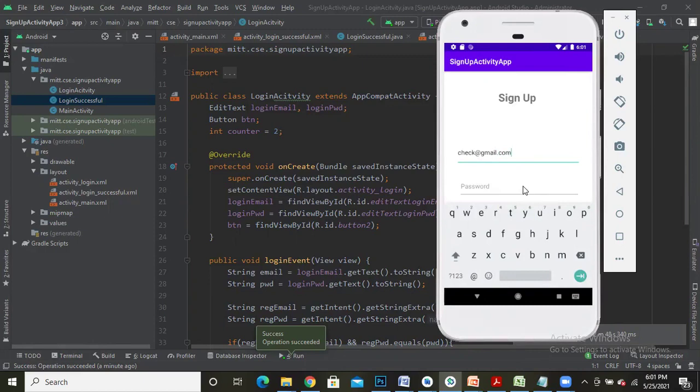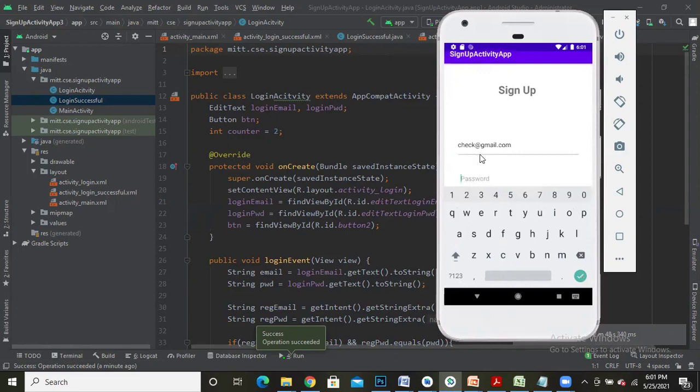Why? Because we have not validated the email. We have only validated the password. So instead of writing a valid email ID, you can also write a username. The username is also going to be read in place of an email, not a problem. Our idea is to validate the password, not your email, in this problem. If you want, you can validate the email also, but we have not done that. We have only validated the password.